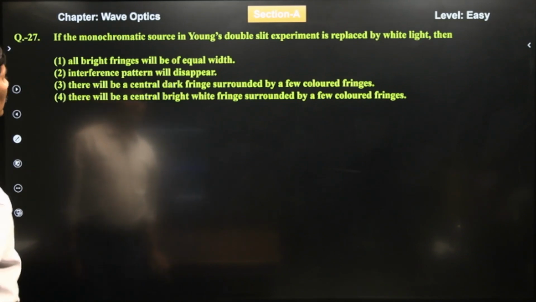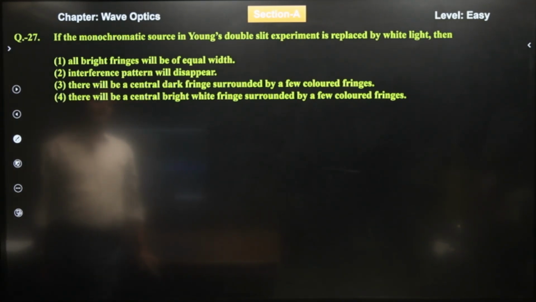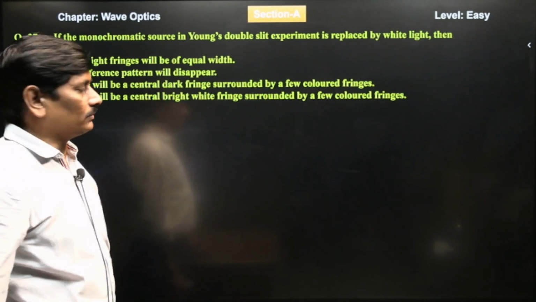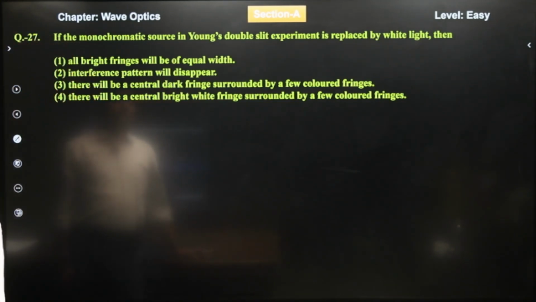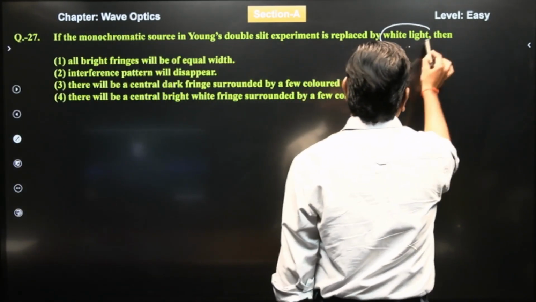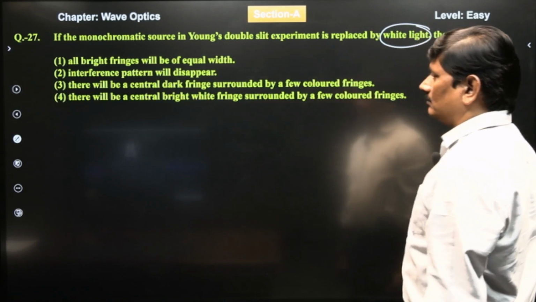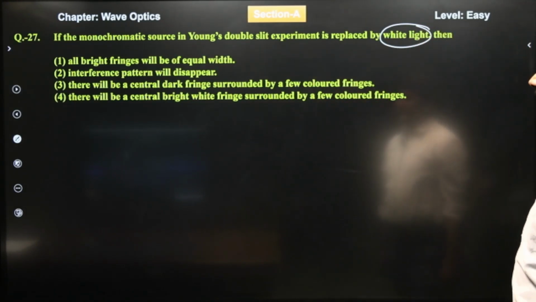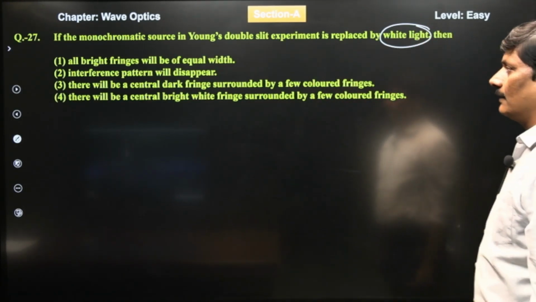Next, theory question. Wave optics. In the class also regularly we discuss this question. So, direct question. Monochromatic source in Young's double slit experiment is replaced by white light source. Monochromatic source is replaced by white light source. Okay, composite light. Then